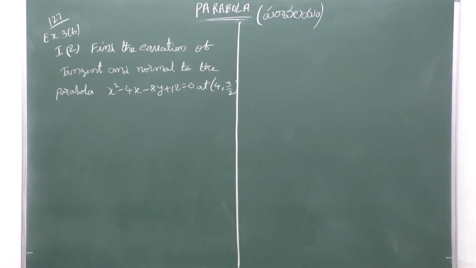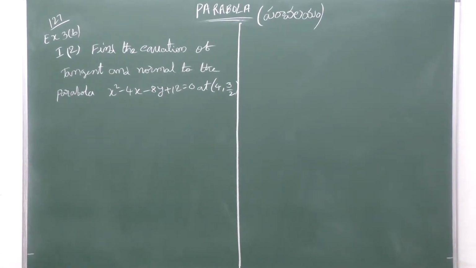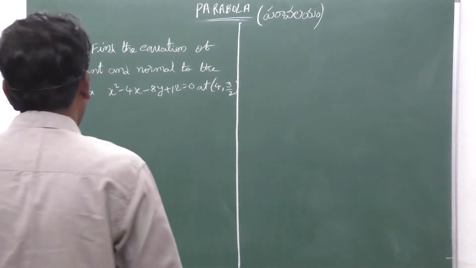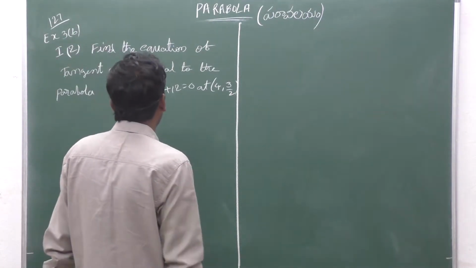Find the equation of the tangent and normal at 4 comma 3 by 2 to the parabola x square minus 4x minus 8y plus 12 equal to 0 at 4 comma 3 by 2. That means